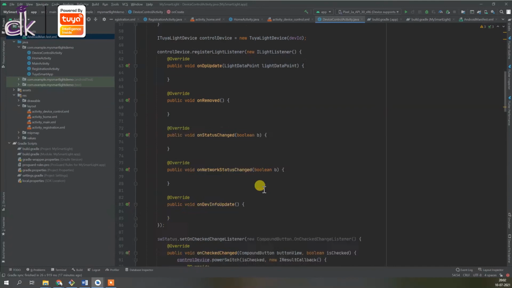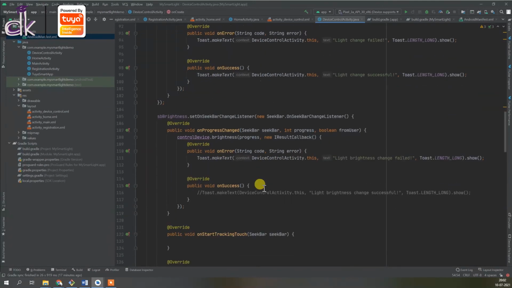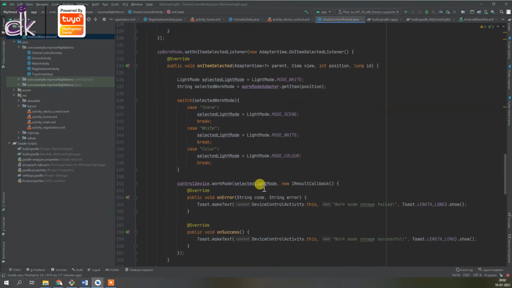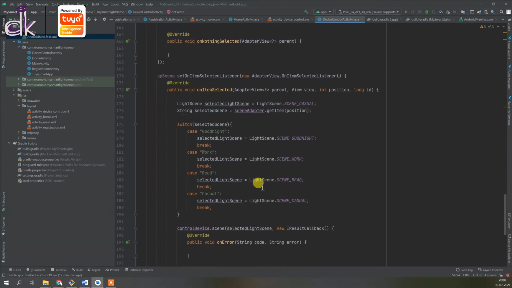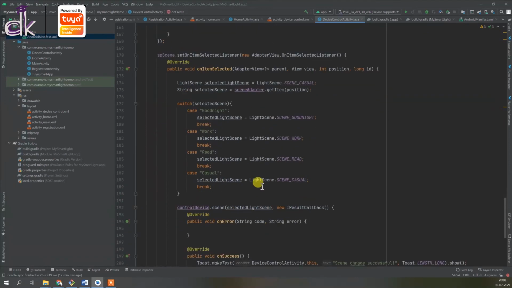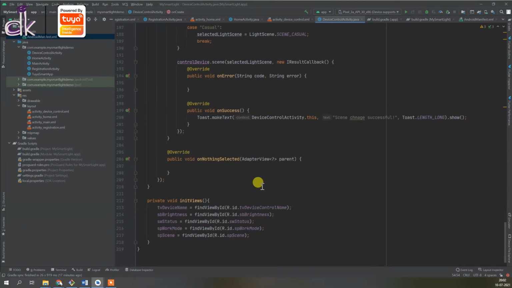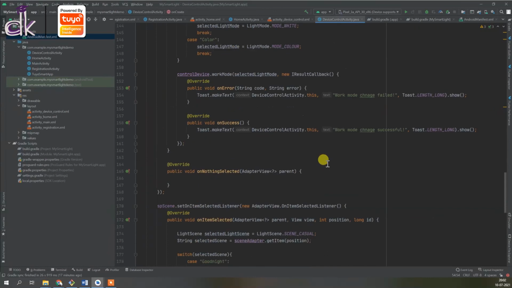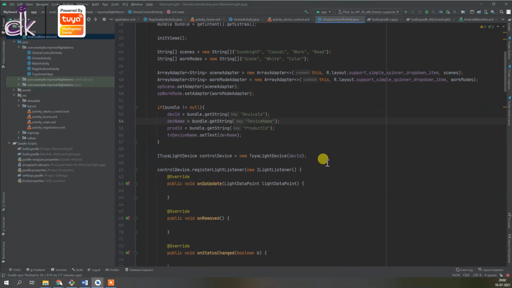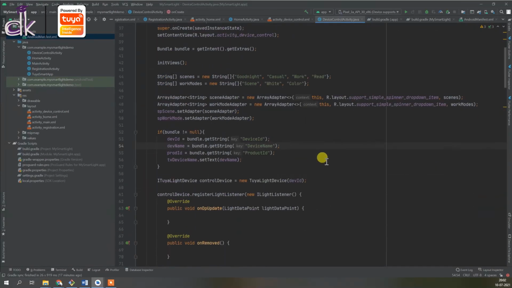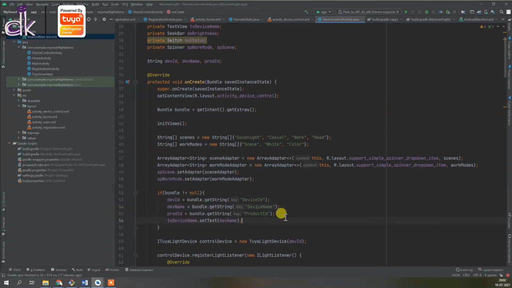But the idea here is to demonstrate more on the smart home and the smart light application, and on how easy it is to use Tuya IoT SDK to actually create an app like this. So that was the main purpose of the video, and not really to explain a fully functional app with all kinds of error checking and error handling. That was not the purpose of the app.